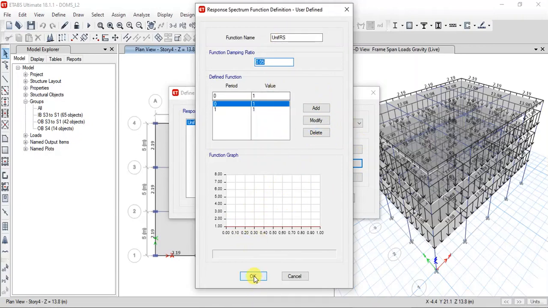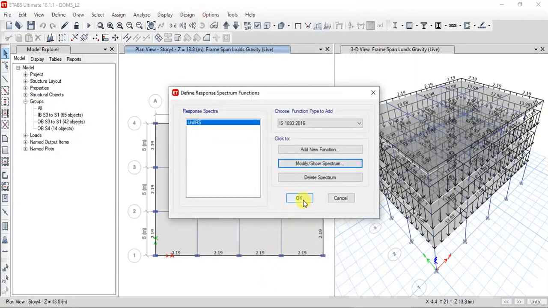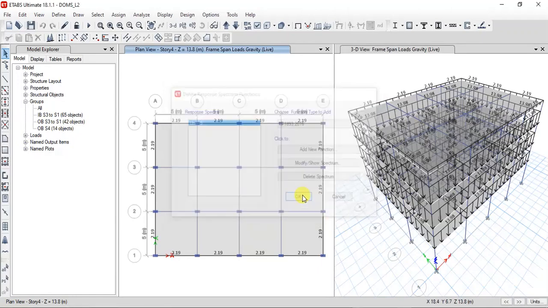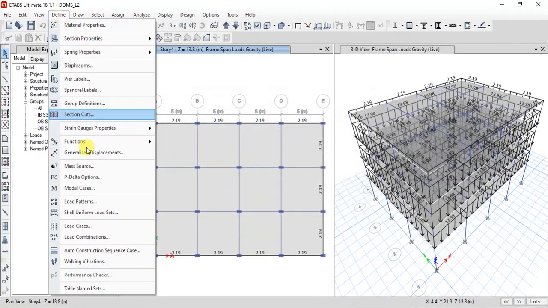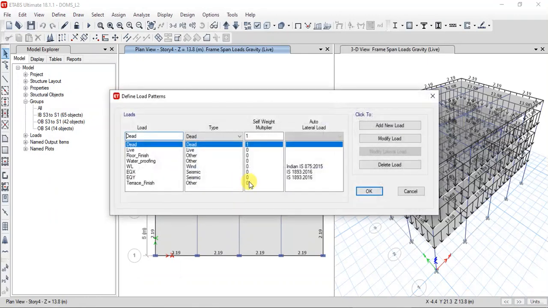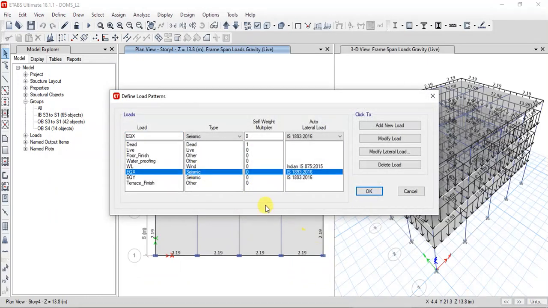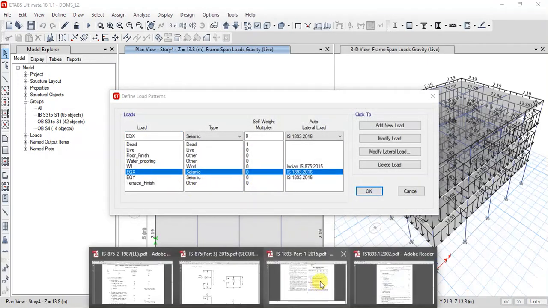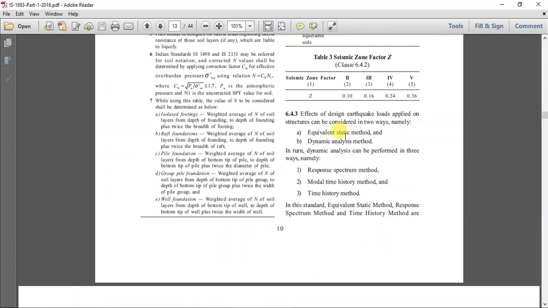So either way you can work. Or if you don't want to make any analysis using the dynamic analysis, then no need to assign. Otherwise, by default, as we have defined this load pattern, it will be using the equivalent static force method. That is, it will be using the equivalent static method.